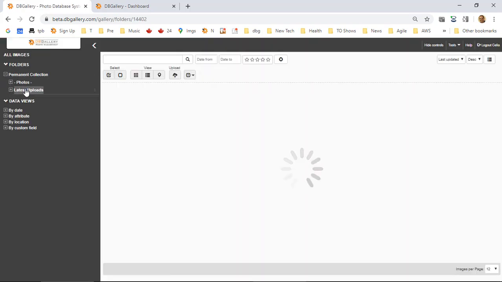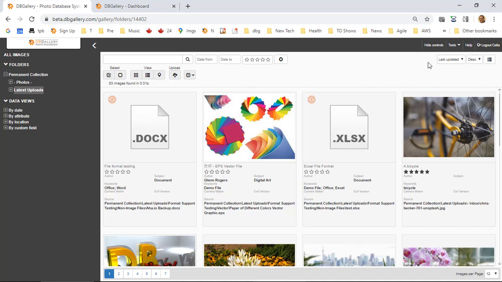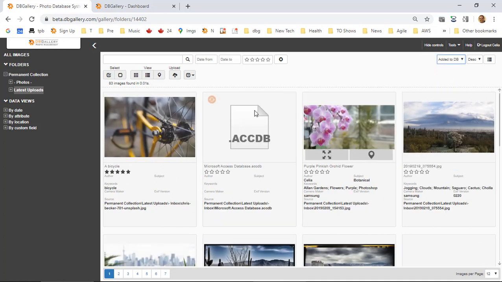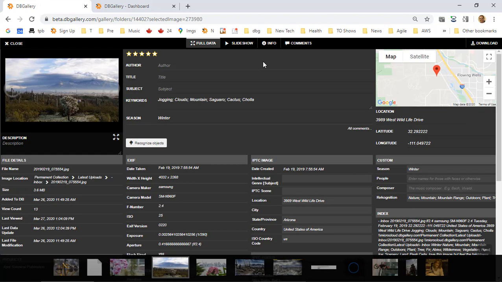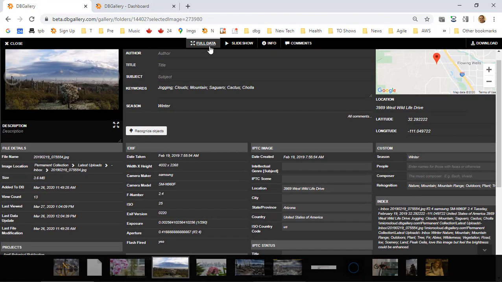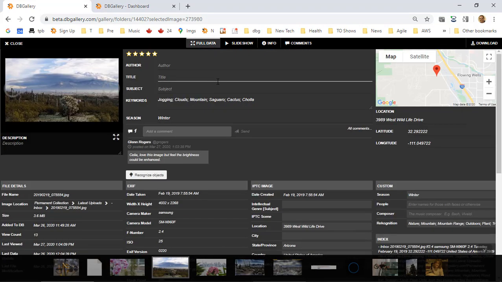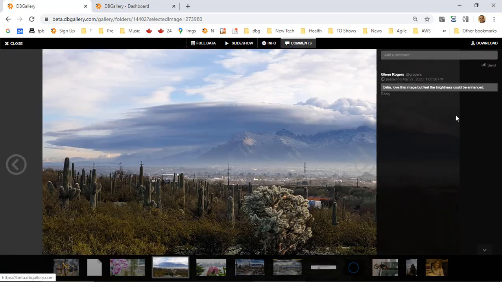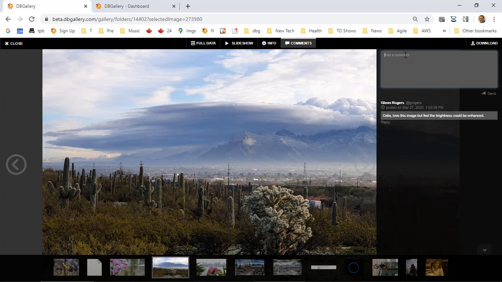If I go to this same area here, take a look at, I think I had it sorted by added to database. So here, if I open this up, now under comments, it's actually available right here in full data view as well, but this area gets very cluttered if you have a lot of comments. So that's why we have the comments section up here where you see a separate view for comments. So here again, now Celia can say,